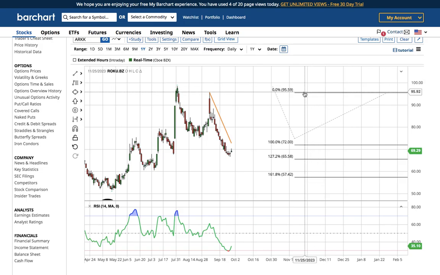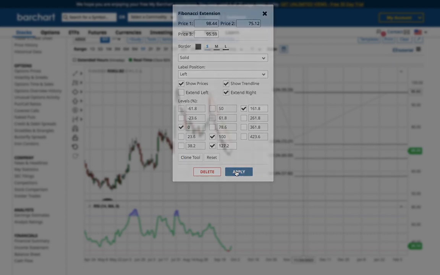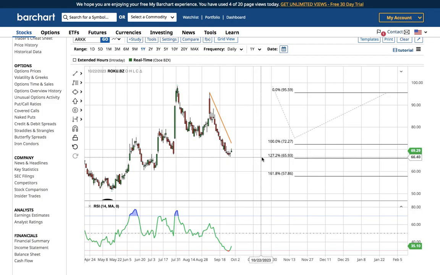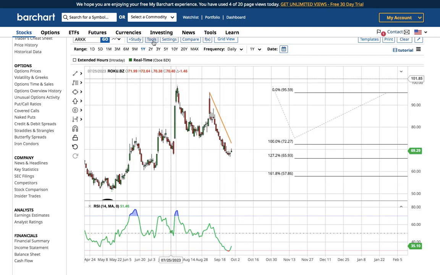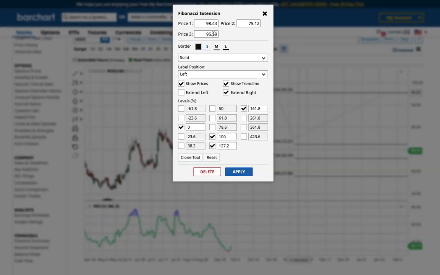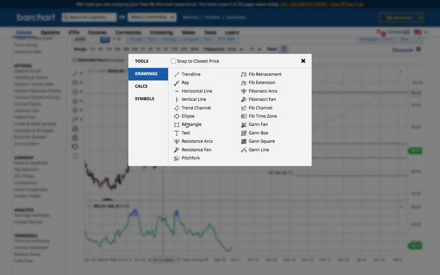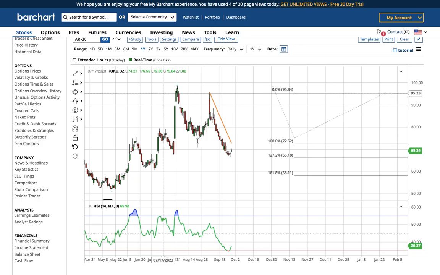75.12. And this is one of the benefits of wave theory. I'm not saying the predictions are precise, but the kind of diagramming, the charts, and the very exact measurements of where the waves are ending and where the retracements are supposed to be is an advantage that wave theorists have. Anyway, from this high, this ABC correction rule is very useful,